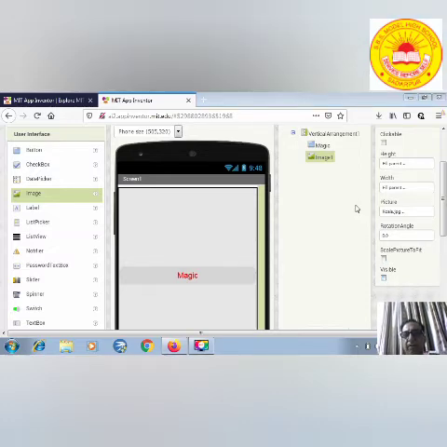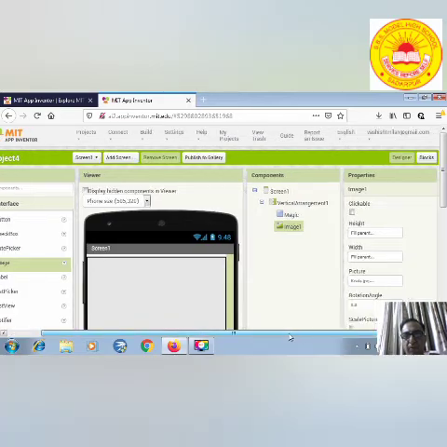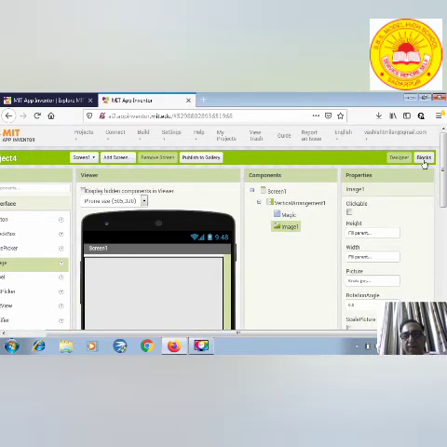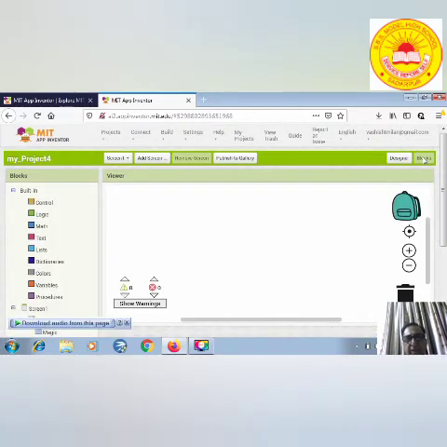After that, we move to the second part of the programming. We move to the block section. The block section has been opened.